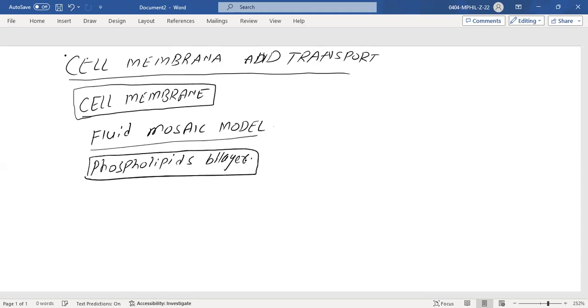The basic structure of the cell membrane is composed of phospholipids, and I think you should have the structure of this phospholipid in mind because we studied it in our previous chapter in biochemistry. There we studied that in place of the third fatty acid tail, there was a phosphate. The third fatty acid chain was replaced by a phosphate,